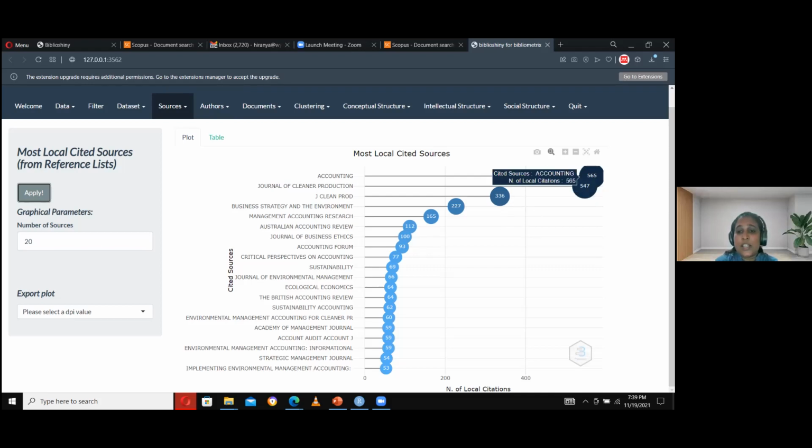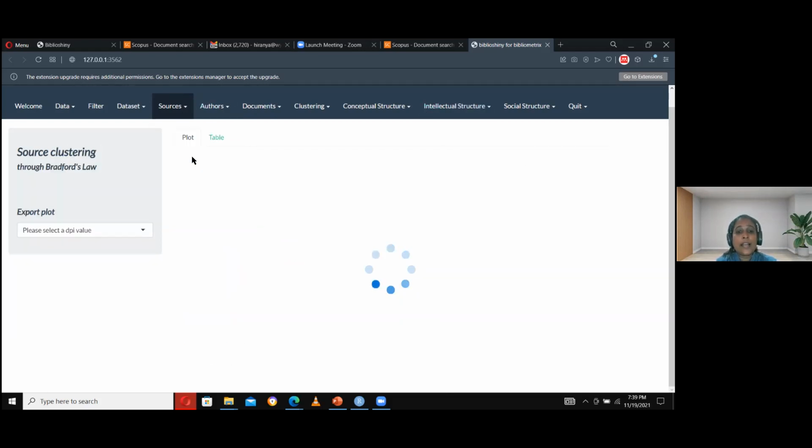Then you can see the Journal of Cleaner Production is the most local cited source, right? If you require more citations and more publishing opportunities, they are available with the Journal of Cleaner Production. That's the final thing. Or you can publish in the Business Strategy and Environment, Management Accounting Research, like that are the possible opportunities. Then there's another thing called the